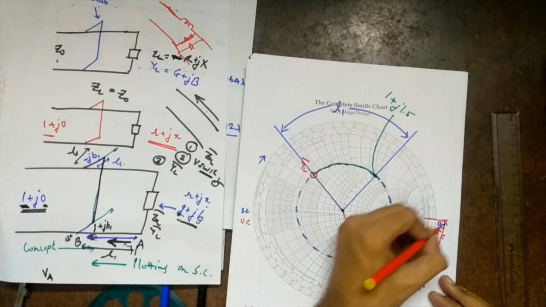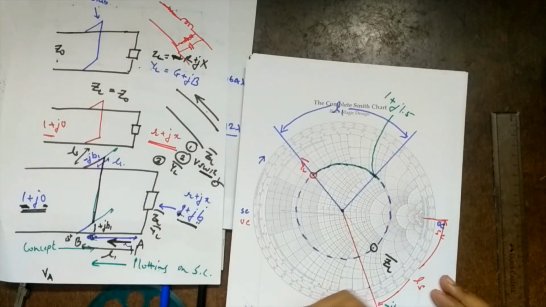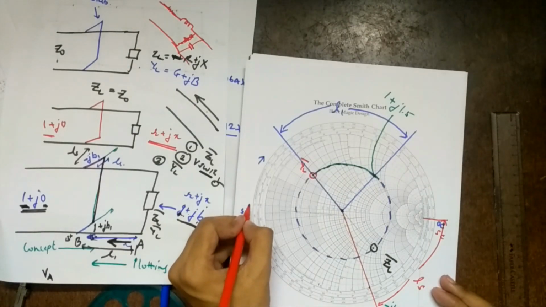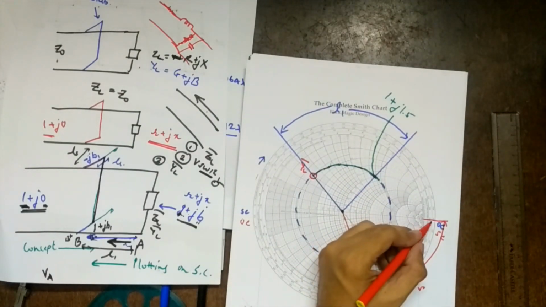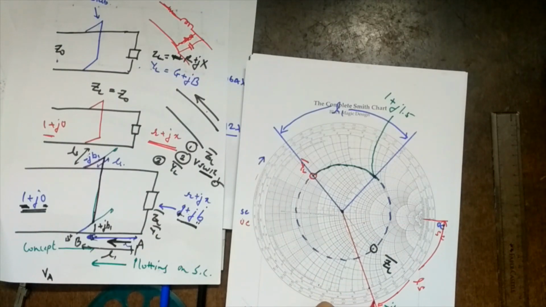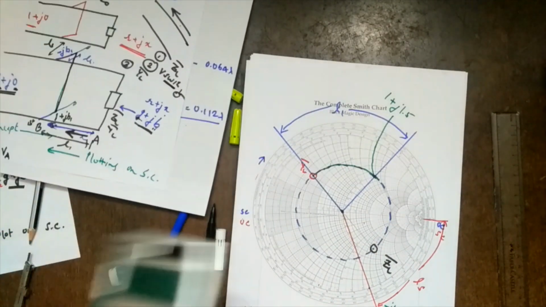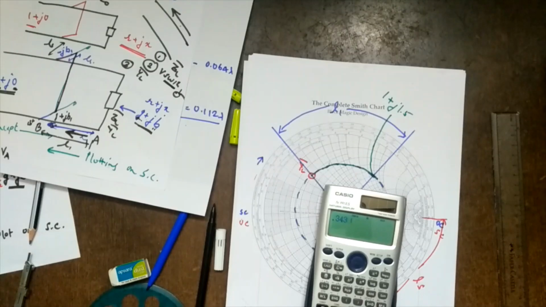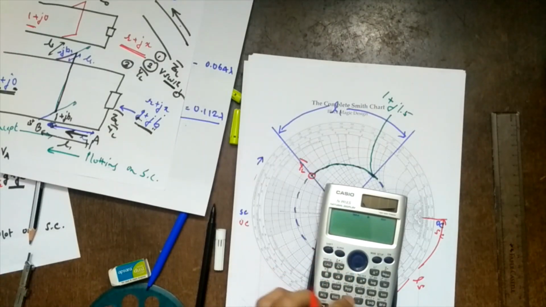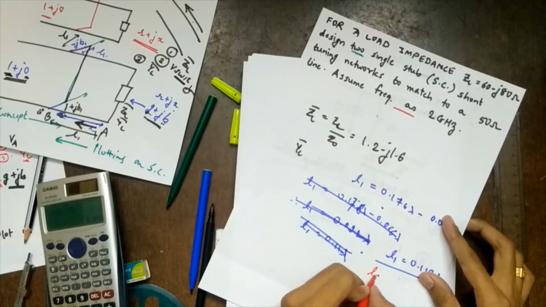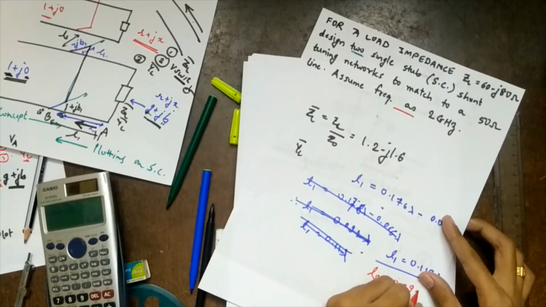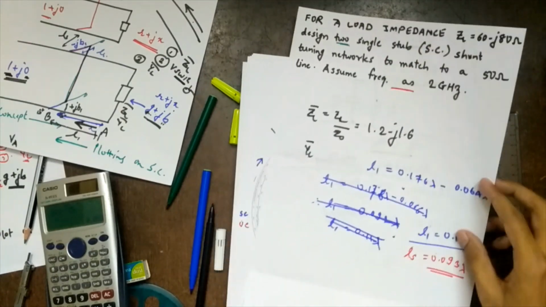This is very important, whether you have to move like this or like this. If it was an open circuit stub, what would you have done? This is open circuit, so you would have moved like this, so it would be plus 0.25 lambda. What is this distance? This is 0.25, this is 0.343. So 0.343 minus 0.25 is 0.093 lambda. So LS equals 0.093 lambda. This is your complete solution.